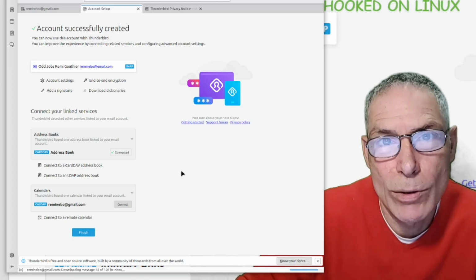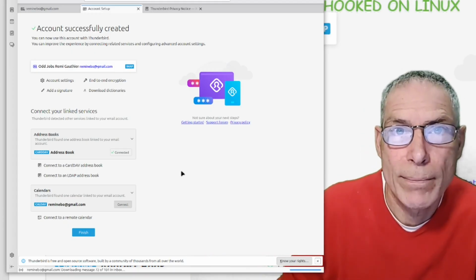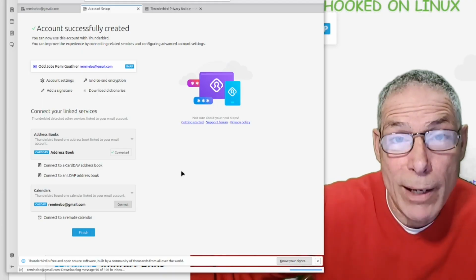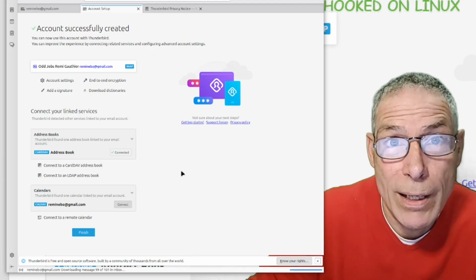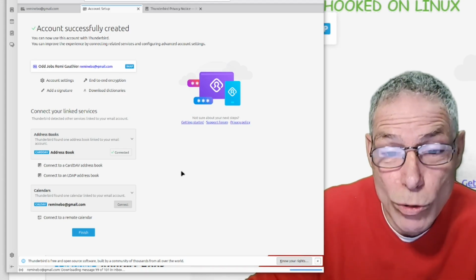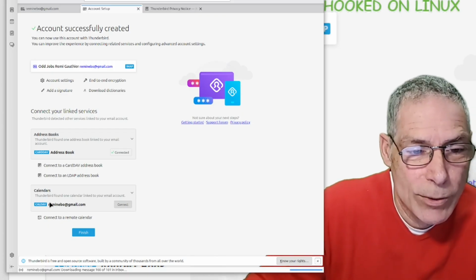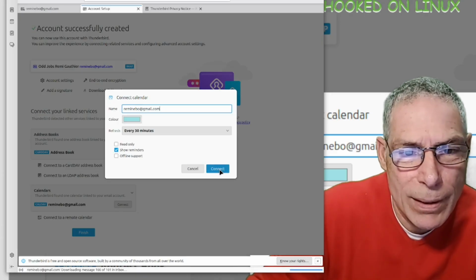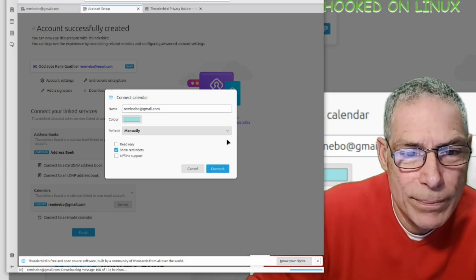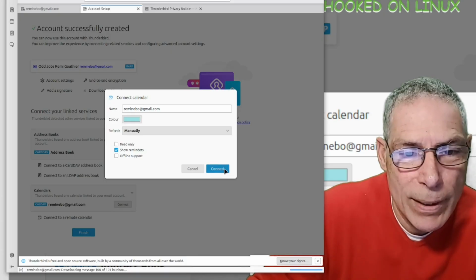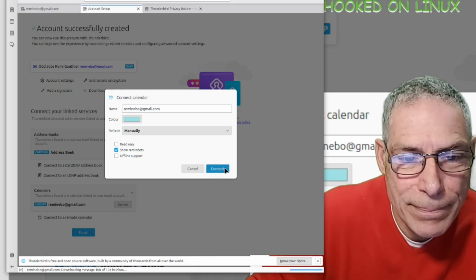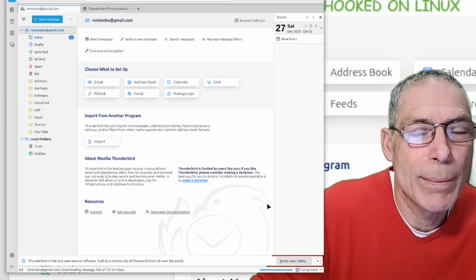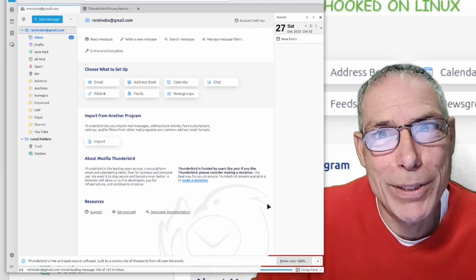So what this enables me to do is do all of my email activity offline, and then only send and receive and connect with my Gmail account online when I tell Mozilla Thunderbird to do it, and that's going to be it. So calendars, yeah, I don't really use my calendars, and refresh manually, right? That's it. Okay, and then I'm going to say finish, and it's going to come up here and say this is my first time doing this. I've not ever done